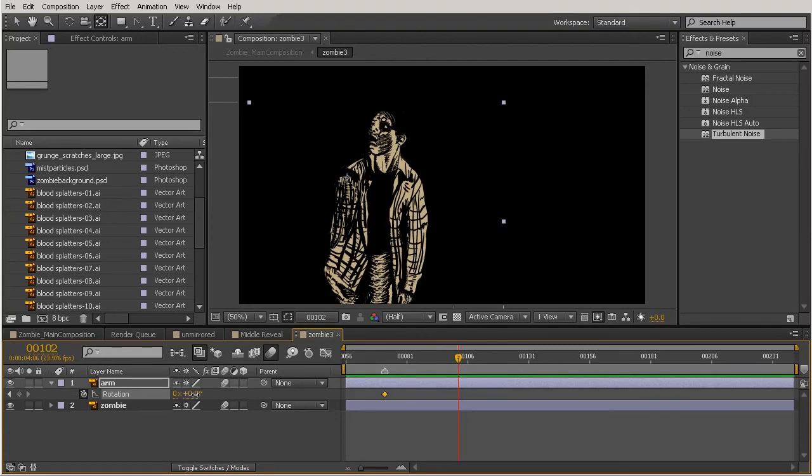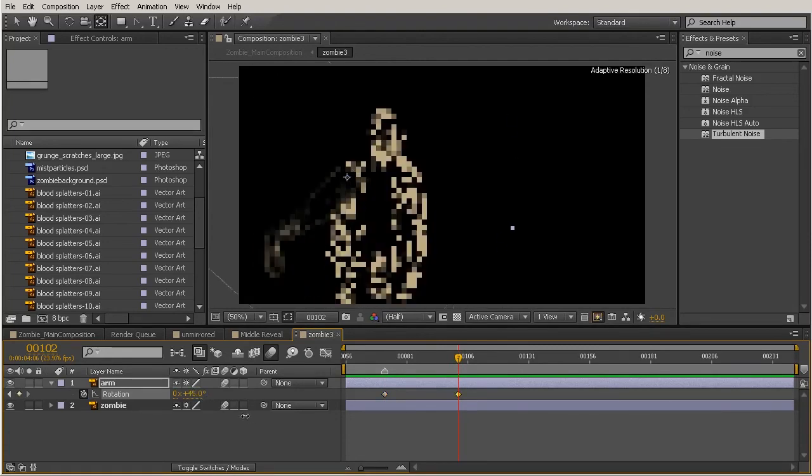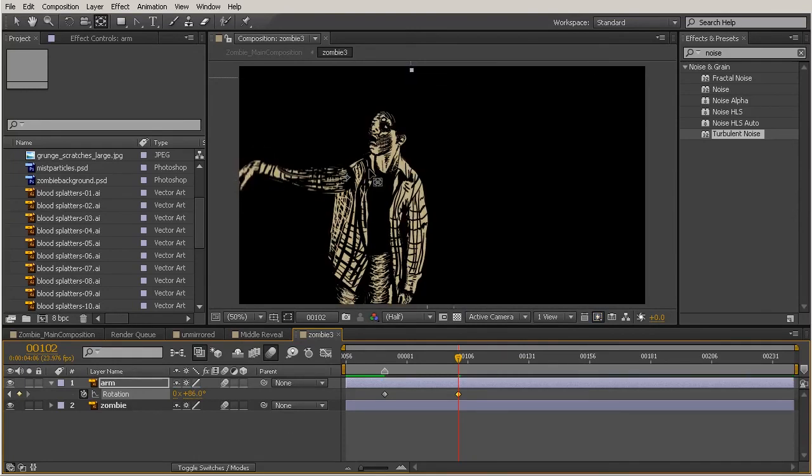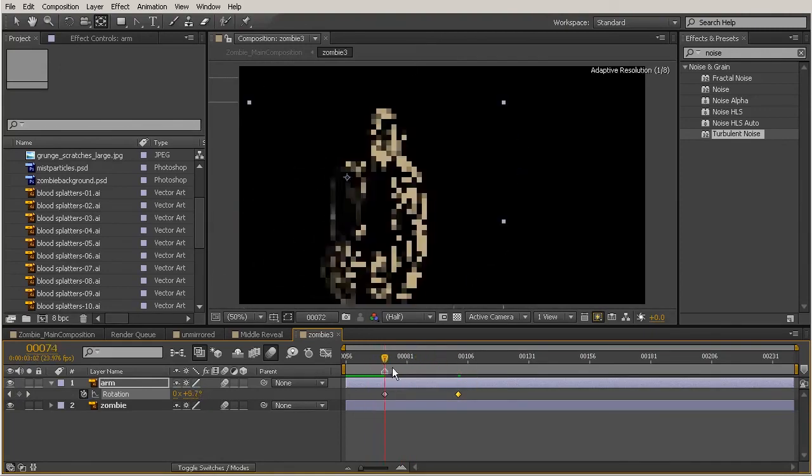And now let's just rotate that arm upwards to where he's really just creating a parallel line here with his body, or a perpendicular line with his body. So we see that that's just coming straight out of his body right there. So as we scrub that, you can see that we just sort of get this slow, sort of creepy point